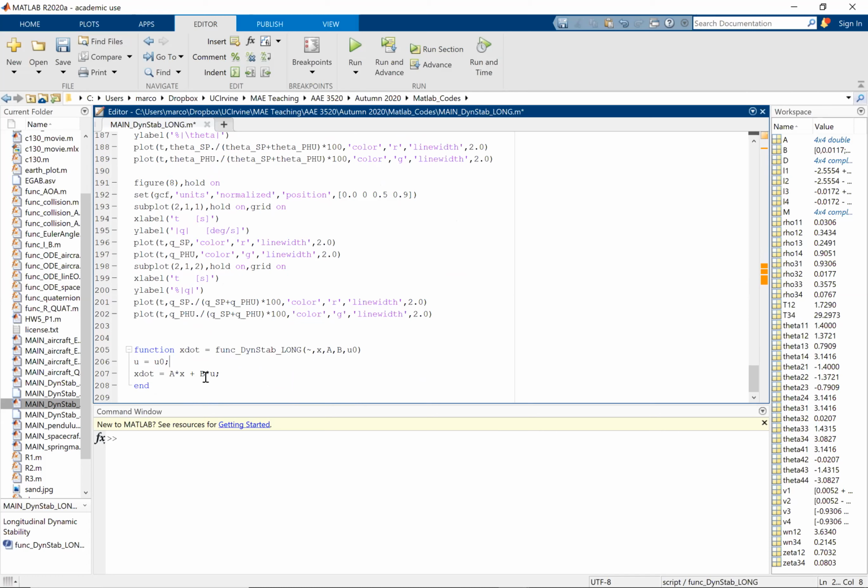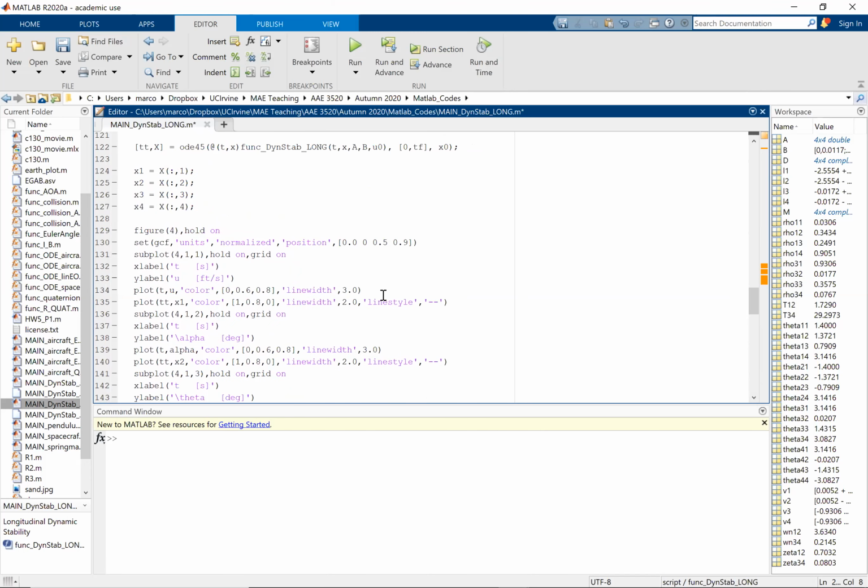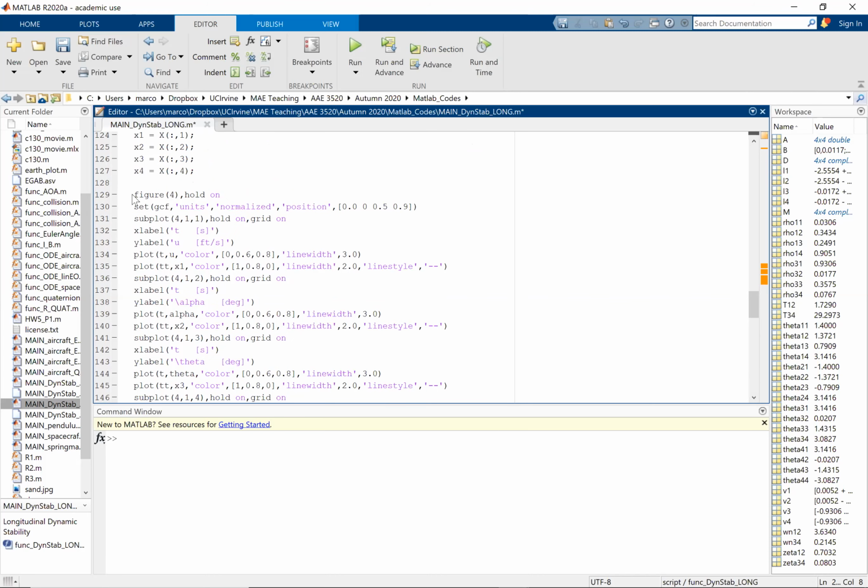You see that if you're just interested in the solution of the original linear system, then you can just solve it numerically, and that's it. It's much easier. It's only 5 lines of code. Of course, it's a little bit more when you want to plot things. Figure 4